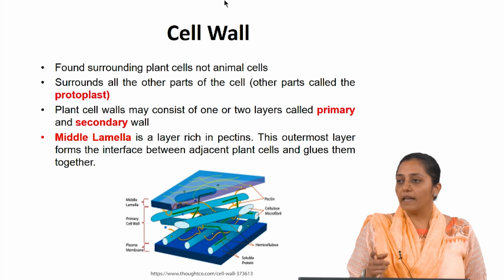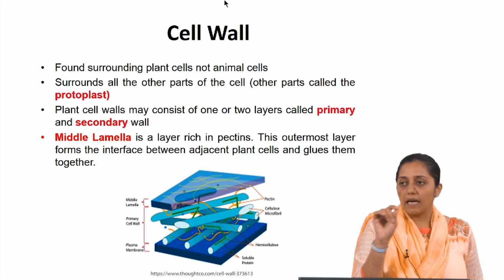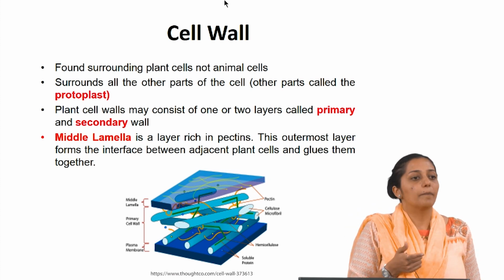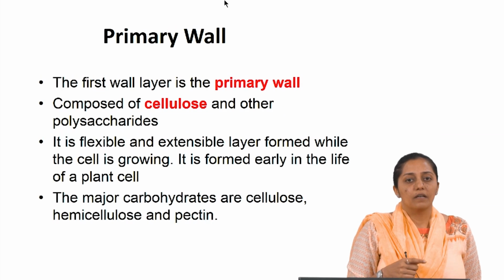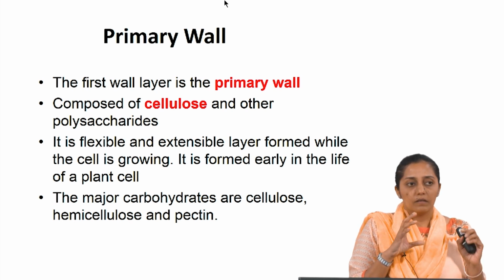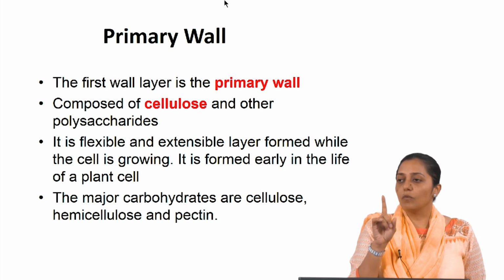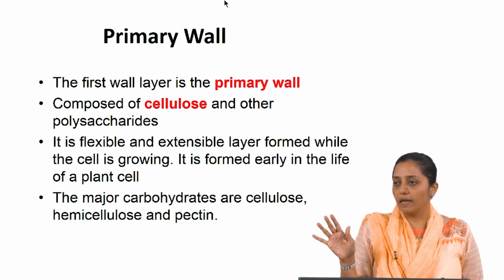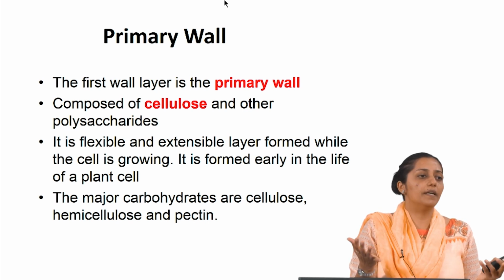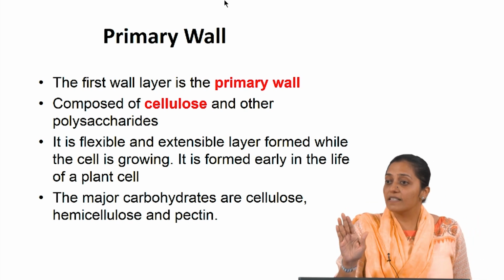So cell wall, middle lamella, that's above the primary cell wall, which is rich in pectins. Those yellow threads shown in the picture are pectins. And cellulose, if you see the primary cell wall, generally all plant cells will have primary cell walls. They will have secondary cell walls, which are the ones that not all plant cells will have. Now what is the function of the primary cell wall? It is to provide protection and support to the plant cells. But it is still flexible in nature.